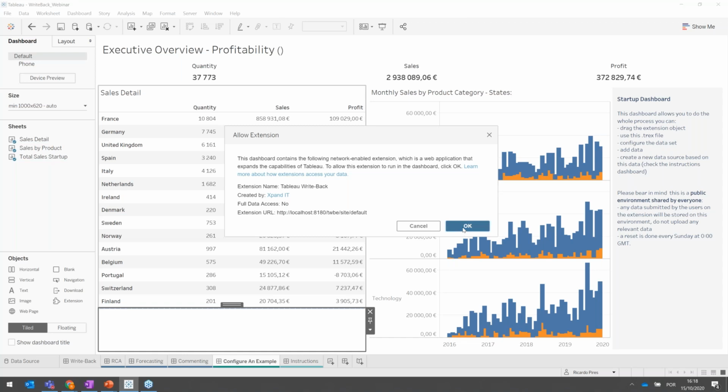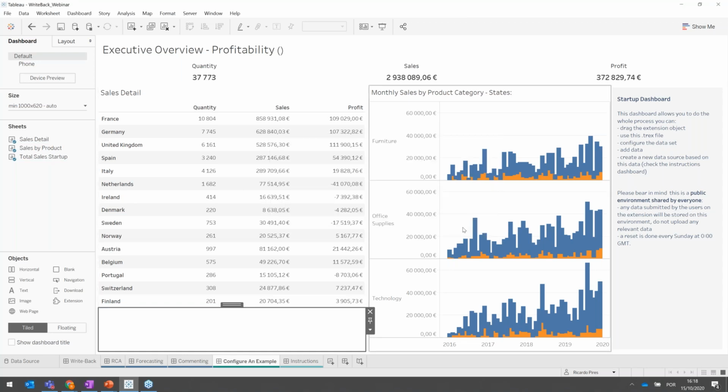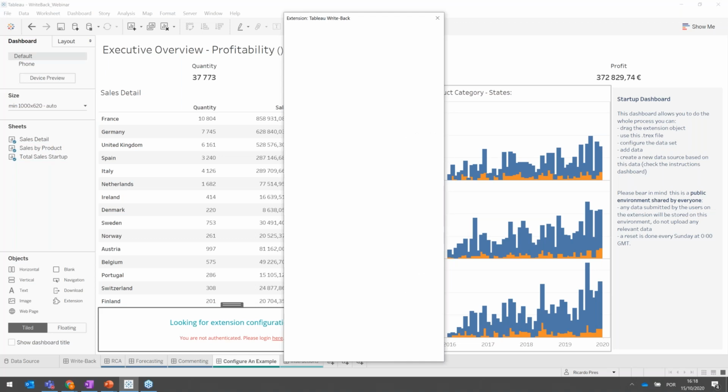So now I'm going to click on OK. And the first thing that I'm going to see is a login screen. We wanted to make sure that Writeback is governed, so you have the agility. I'll show you the configuration, that it's very flexible. But at the same time, we always wanted to keep track of who did what. And that's only possible if you have a login mechanism, because the extensions by design run separately from the Tableau